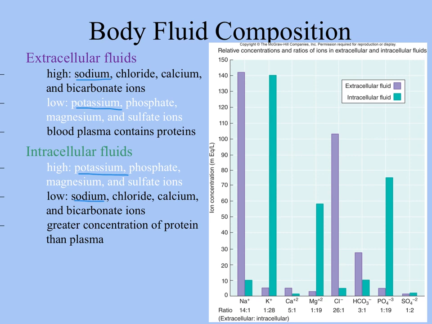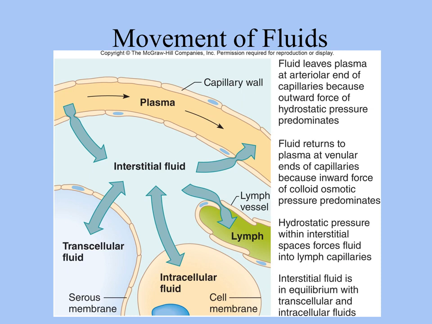Now for this class, I'm not going to have you know all the specific concentrations of electrolytes in the intracellular and extracellular fluid. However, I do want you to know which electrolytes are high in extracellular fluid and which electrolytes are high in intracellular fluid. And this is just a slide showing the exchange between interstitial fluid and plasma, transcellular fluid, remember that's joints, pleural membranes, things like that, intracellular fluid, and lymph. And notice that lymph exchange with interstitial fluid is a one-way path,